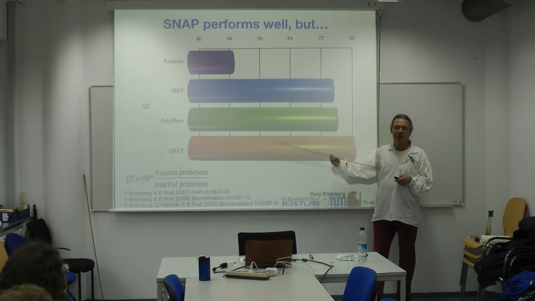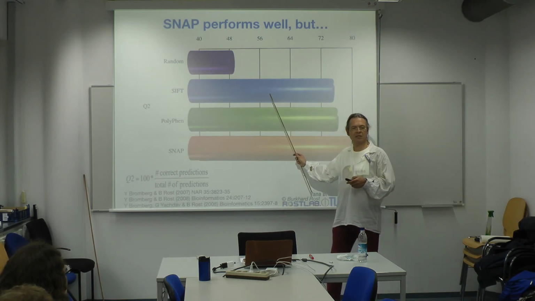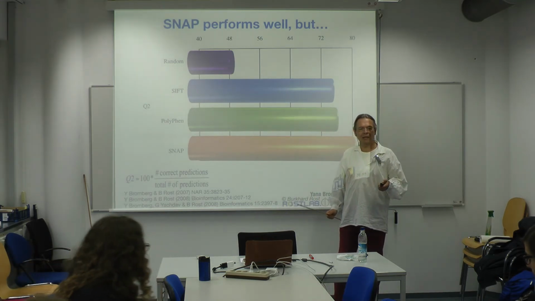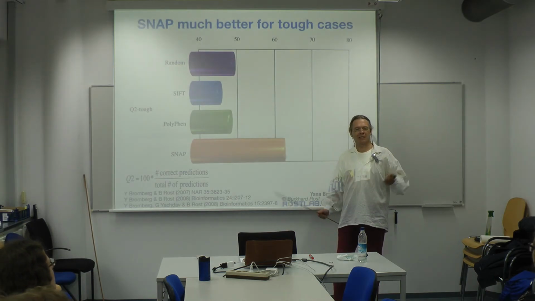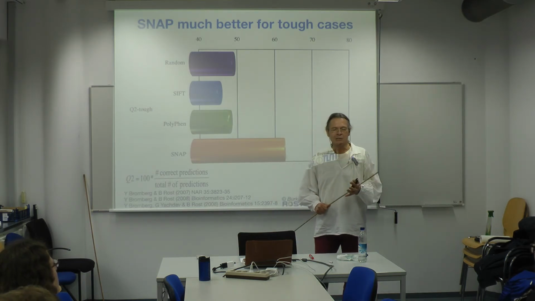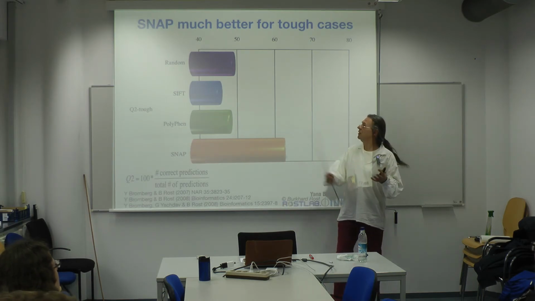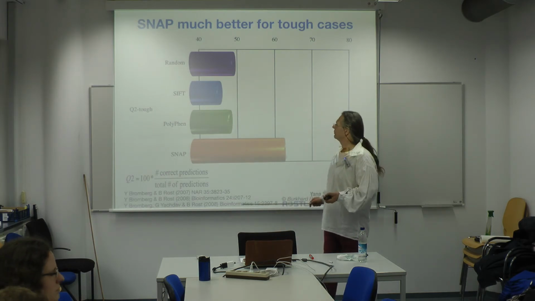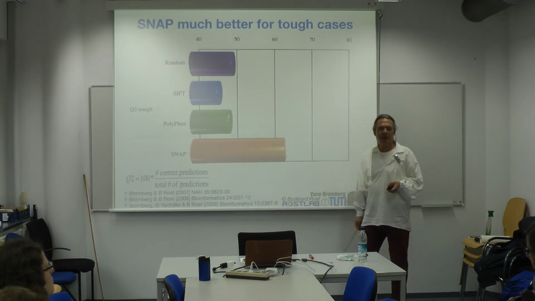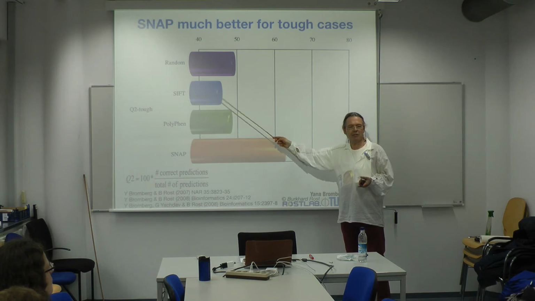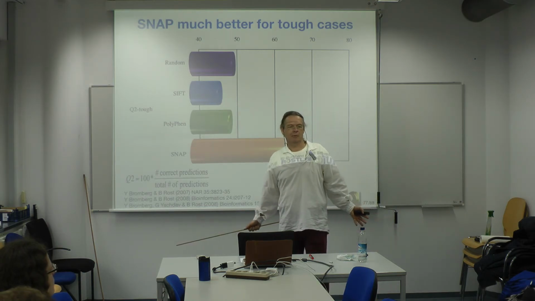When you look at sift, let's just focus on sift, okay? When you look at sift, sift is way better than random. Now, when you remove the ones where they all agree, essentially you remove most of the ones where sift is right. For random, you don't do that, because for random, you have a random probability of predicting. So for every new data set, whether it's a difficult one or not, you get the same random number, because this is a random number generator, right? So the random is not a biological random. It's a computed random. So this number will not change, while this number will change because you essentially remove whatever it works for.